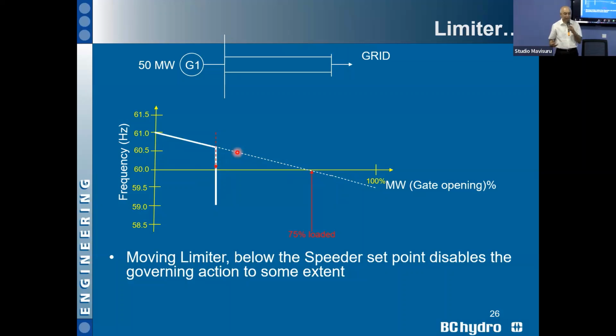Usually it's the other way; the governor should respond to frequency drops. It should respond to frequency increases as well, but most of the disturbances are line tripping, and line tripping means line tripping from a generator, not from the load. So therefore, your governor will do more damage than having no governor. You don't have to have a governor for this case, right? So you need to make sure that your governor operates bearing its fair share to the system equally, based on